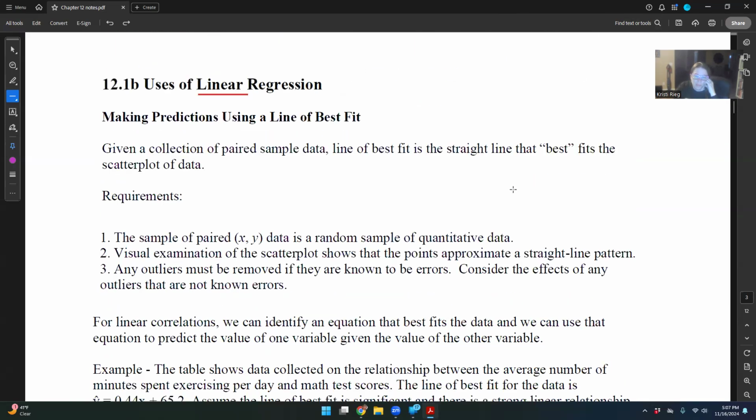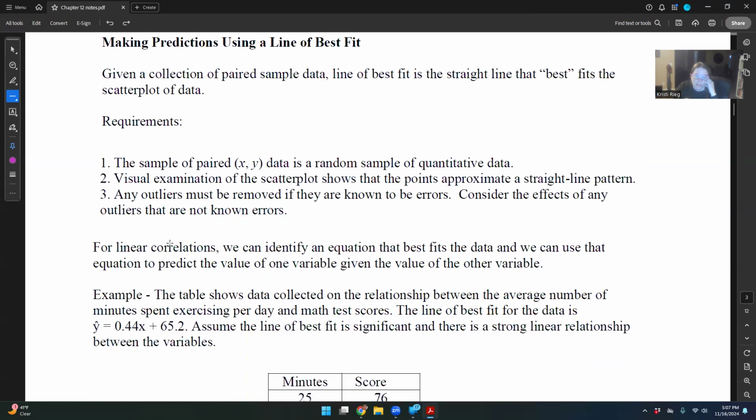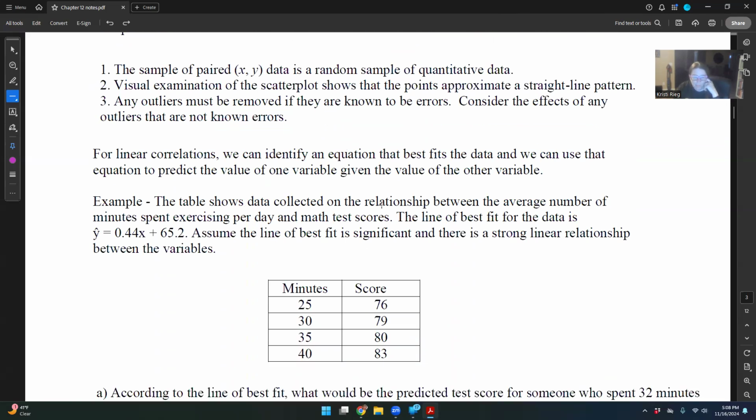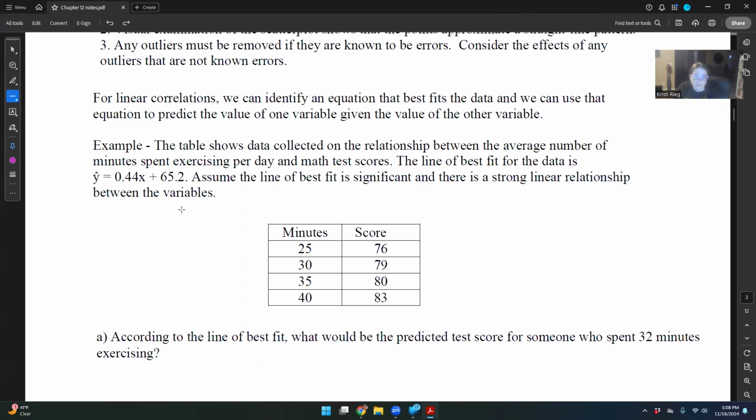So here we have the line of best fit, and you can go ahead and read through those. It just talks about having X's and Y's and whatnot. Okay, so this first example, the table shows data collected. So here we have data from 25 to 50. That's really important to know, what our data is from. We have data from 25 to 50, and that gave us a score over here. Now, there's an equation that they gave us over here, y hat equals 0.44x